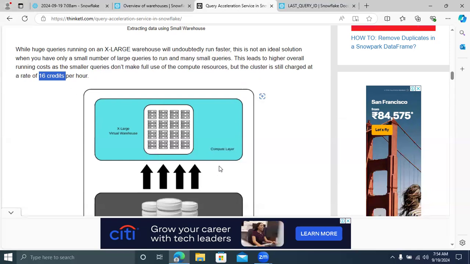If you want to run some small queries, it's a waste of cost, right? Yes, it's a waste of cost because they're charging 16 credits. For large complex queries or multiple concurrent queries, we can run these X-large warehouses. That's the problem happening here as well.